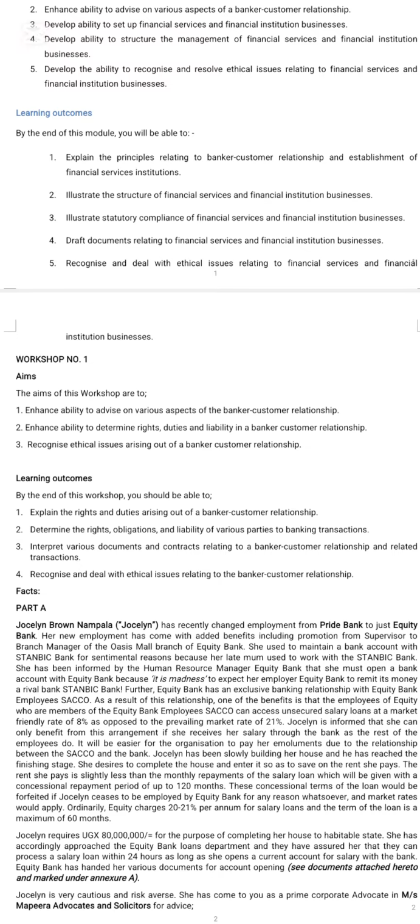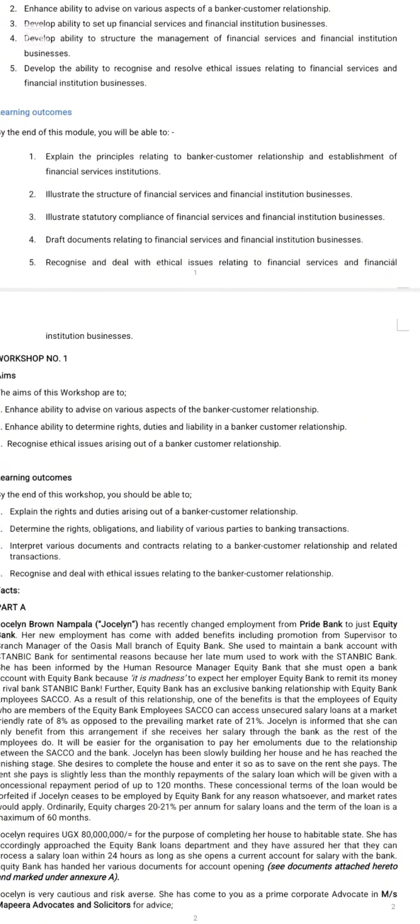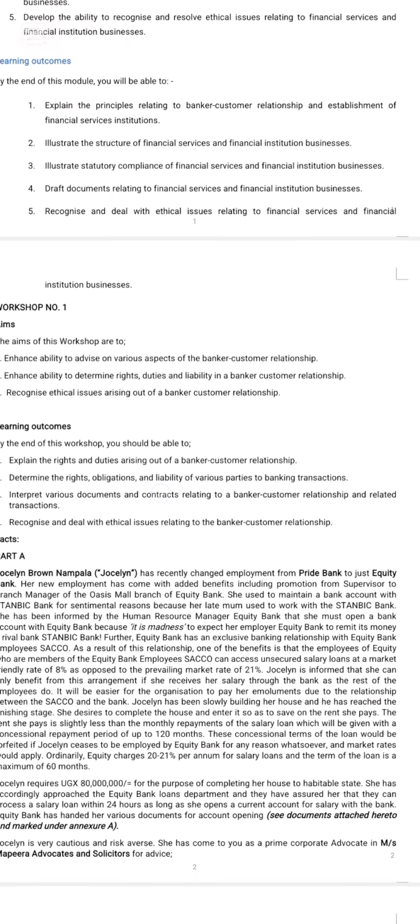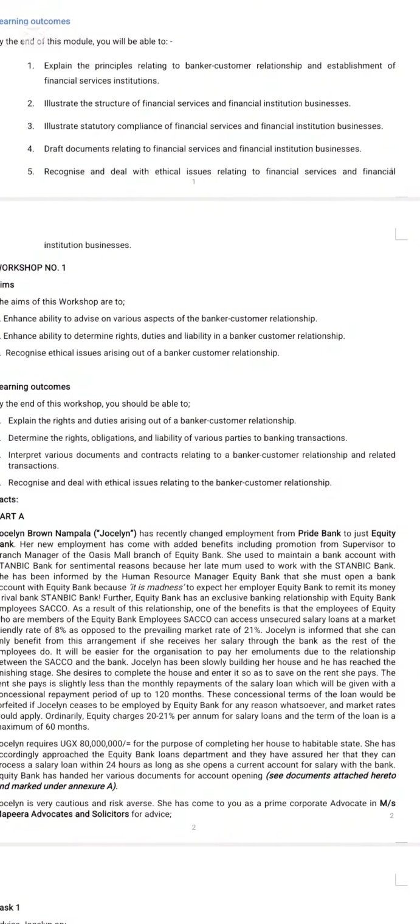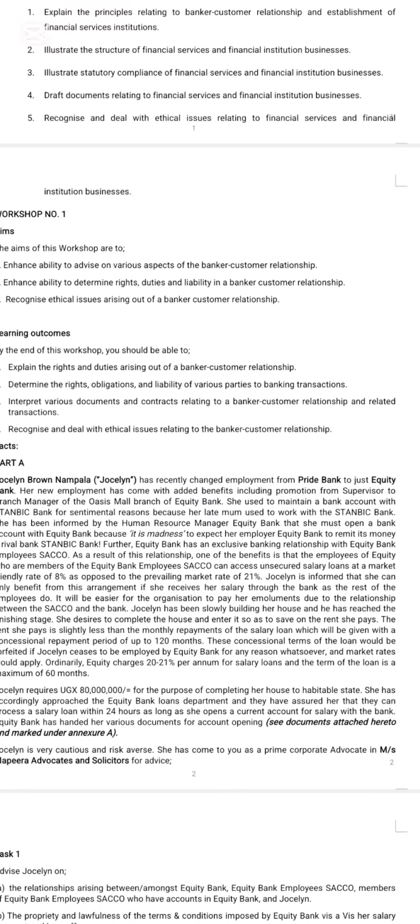By the end of this module, you will be able to explain the principles relating to the banker-customer relationship and the establishment of financial services institutions, illustrate the structure of financial services and financial institution businesses, illustrate statutory compliance of financial services and financial institution businesses, draft documents relating to financial services and financial institution businesses, and organize and